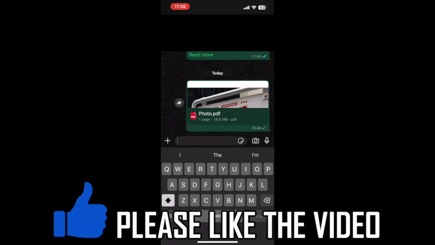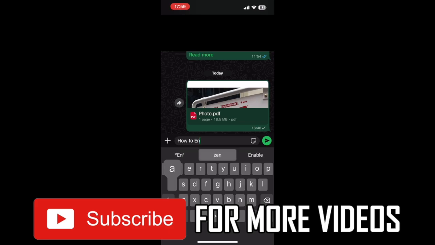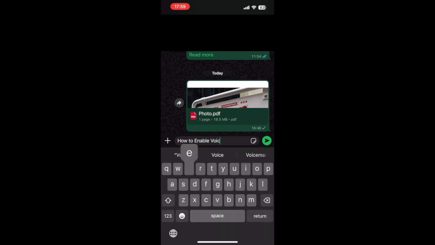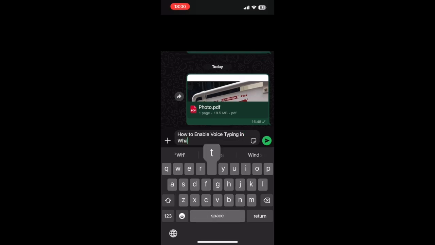To enable voice typing in WhatsApp, at the bottom right hand corner, for it to work, you're going to need to see a Microsoft icon there when you are in your WhatsApp chat, whether it's a private chat or a group chat. So what you're going to want to do to be able to have that in the bottom right hand corner